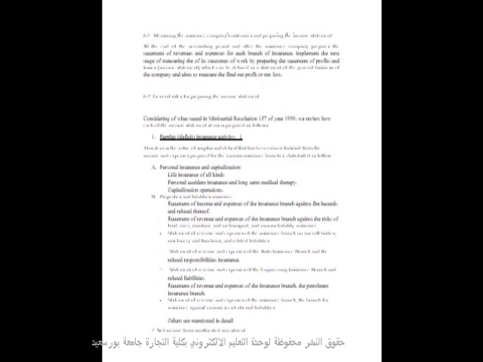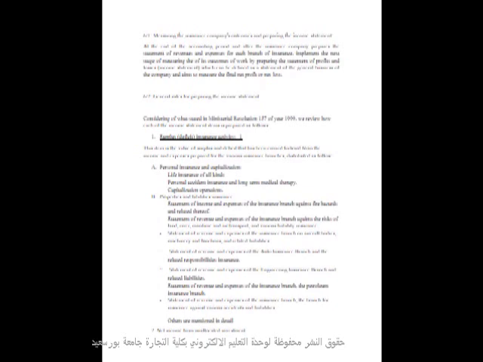The second type to be disclosed in the financial statement is the property and liability insurance. There are sub-items included in the property and liability insurance. You have to prepare it in the same sequence. Number 1, statement of income and expense of the insurance branch against fire. Number 2, statement of revenue and expense of the insurance branch for risks like land and river.